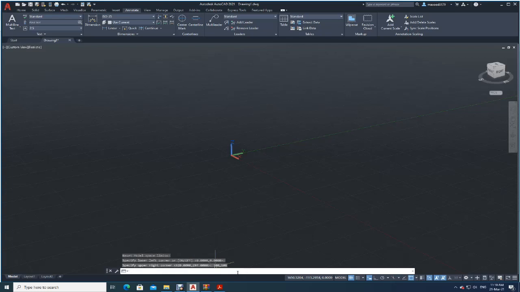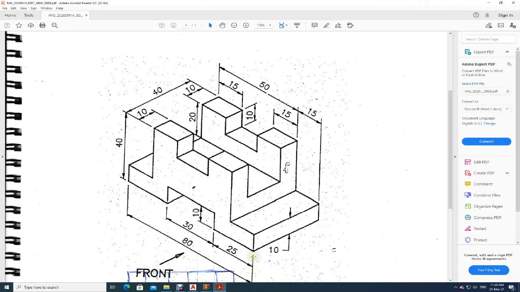So now what I will do now? Now I will press Z, enter, E, enter. So now I have done zoom extent and I have fixed it up to this level. Okay. Now let me go back here to this drawing. Let me see what is this dimension. This is 25, 10, 30, then again 10, again 25. Okay. So now let me go back to the drawing.